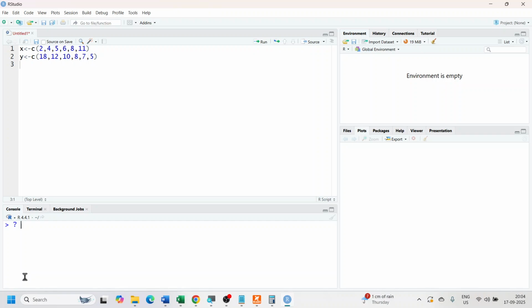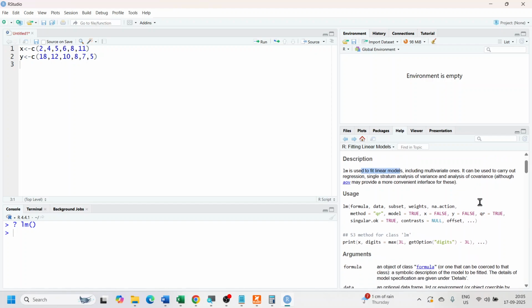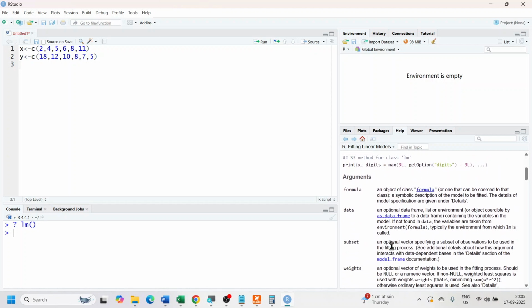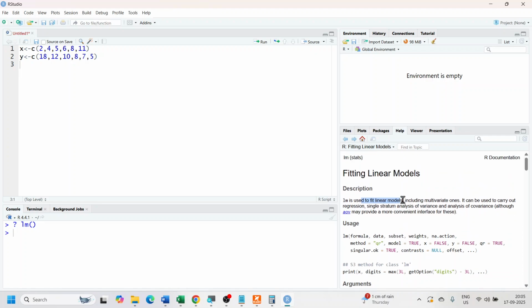So I'm going to use the linear model, lm. I don't know what that linear model lm is. So I'm going to type lm, this function, and press enter. On the other side, it's going to tell you what that linear model is all about. It will explain what it is all about. For example, lm is used to fit linear models, including multivariate ones and so on and so forth. And they have given you what the individual things mean in the entire equation. So you can follow this only during your free time when you really want to learn about